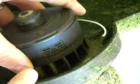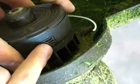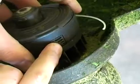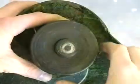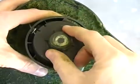In this video clip, I'll be talking about replacing the spool. First off, there are two tabs, one on each side, that we will need to press in before we can remove the spool. Next, we can pull that spool cover and spool housing